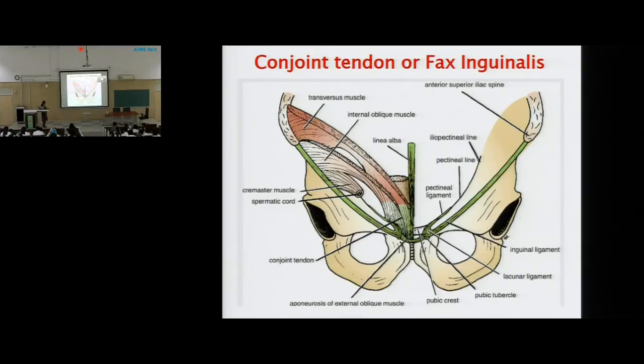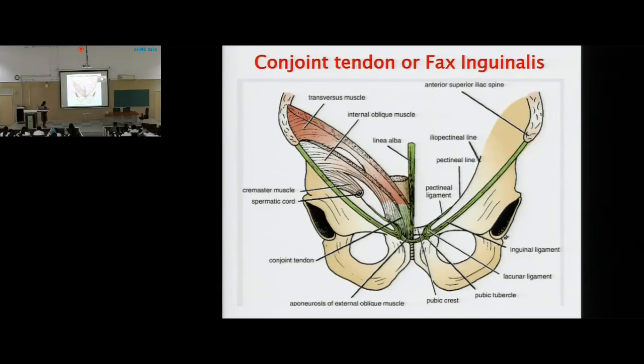I told कि external oblique में तो यहाँ पर इस level पे defect था, यहाँ पर superficial inguinal ring इसी level पे था. Yes, if this is a tubercle, this is symphysis, यहाँ पर gap होना चाहिए. Yes, superficial inguinal ring. Okay. उसके ऊपर when these fibers are going to come, and we said कि these fibers of internal oblique are going to originate from the lateral two-third of the inguinal ligament. ये वाला area क्या है? यहाँ पर तो कुछ भी नहीं है.